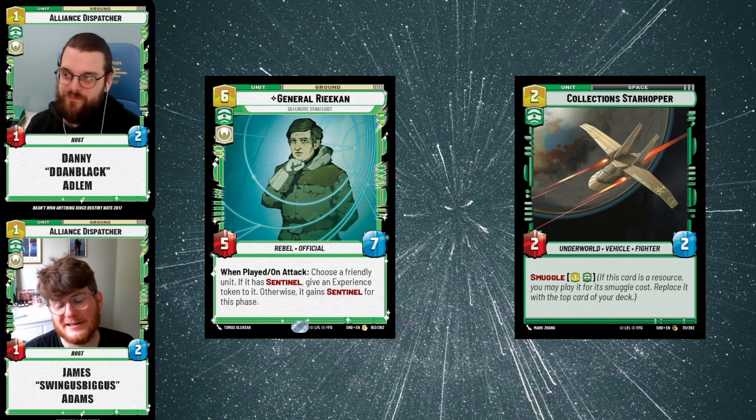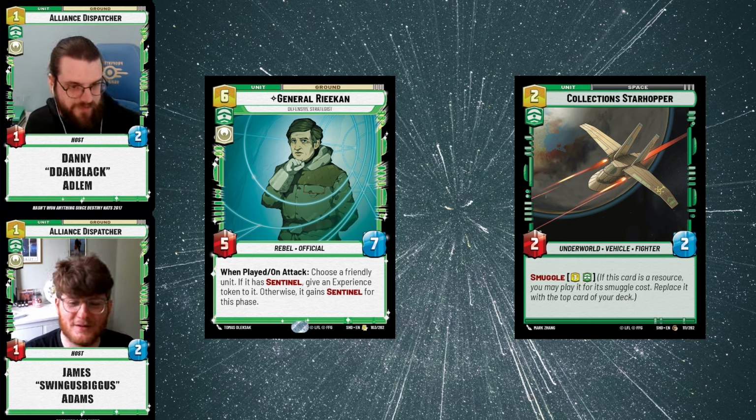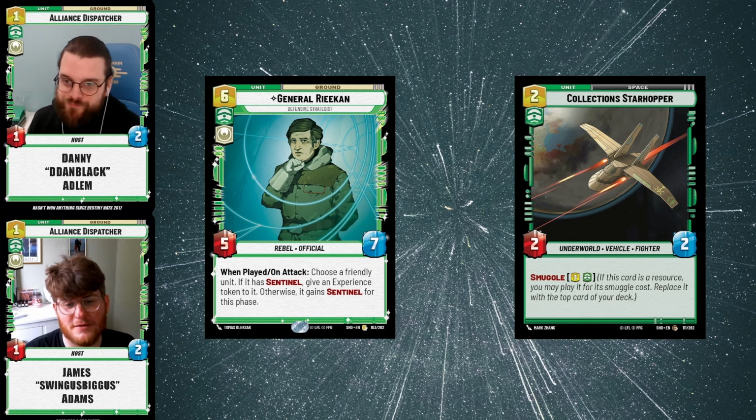Like, you just won. And the same with Obi-Wan. You've got some really nice Sentinel units. Baze Malbus as well, my boy Baze. With Grit and Sentinel, you just whack another +1/+1 on him, and he sticks around as long as you've got